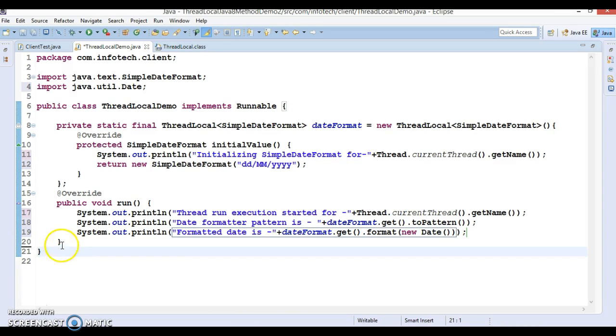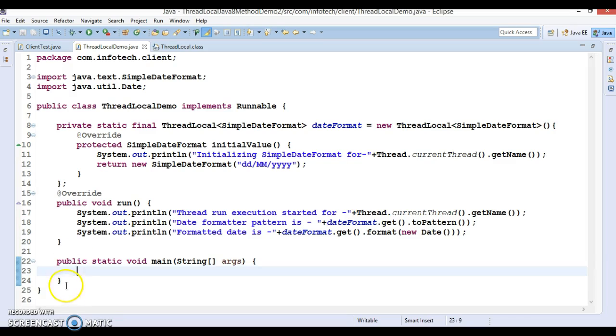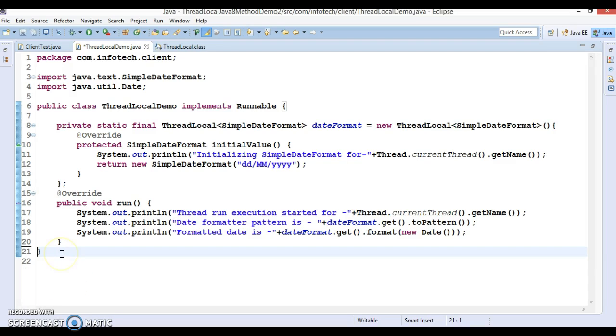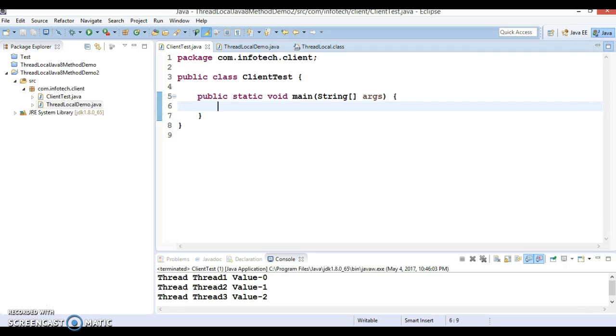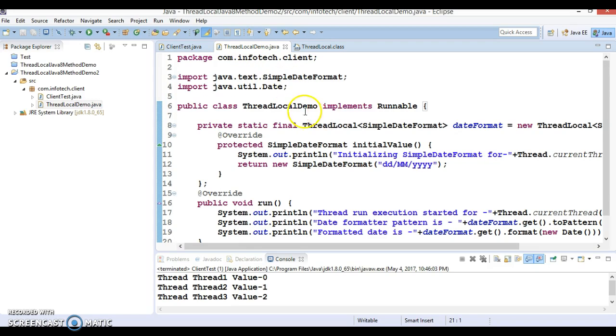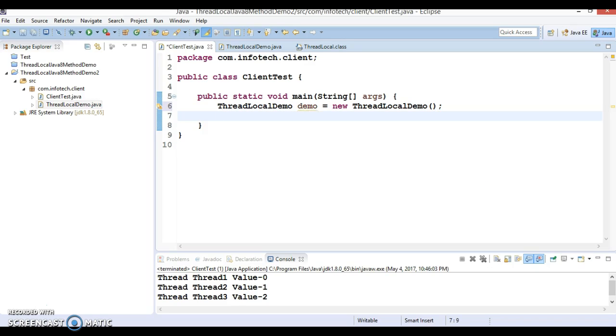Now let's create a main method in this class itself. Or you can say we have already created a client class separately, so we can make use of this. I'll create an object of this runnable class, and let's create two threads.